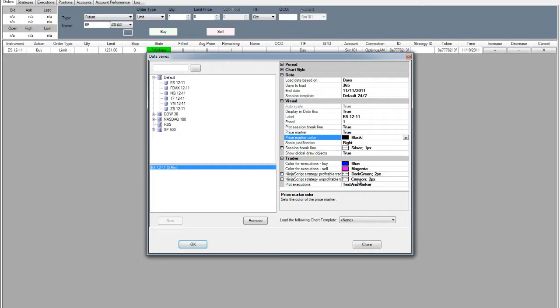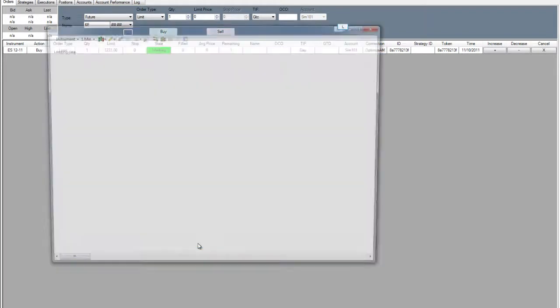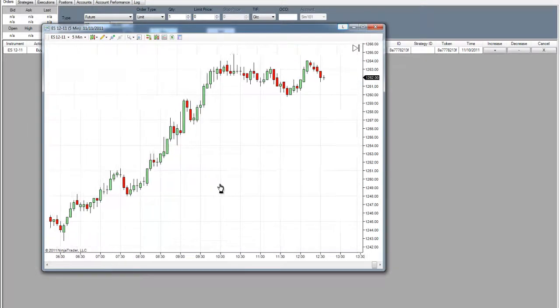And finally, trades. When you place a trade, it's going to show up on this chart, and it's going to show when you close out of them whether they were profitable or unprofitable, and you can change how those look as well. And remember with all this that you can save it as a template, and you can load up whichever template that you want. As you can see here, I have several templates. So I'm going to go ahead and click OK and just open this chart,